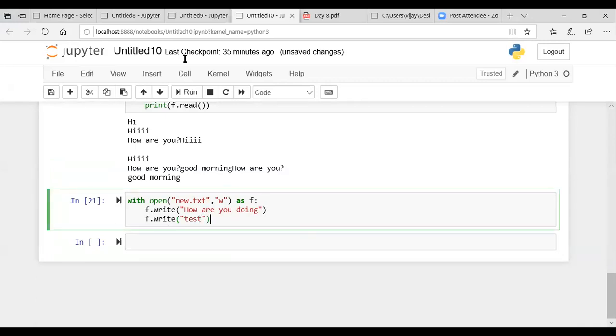Now, if you want to see the content of this file, we'll see the content of that file over here.